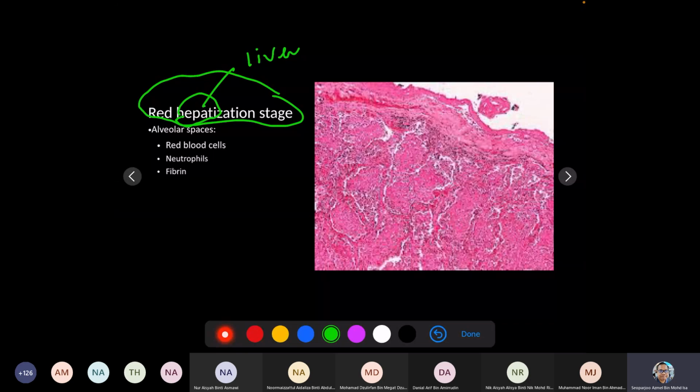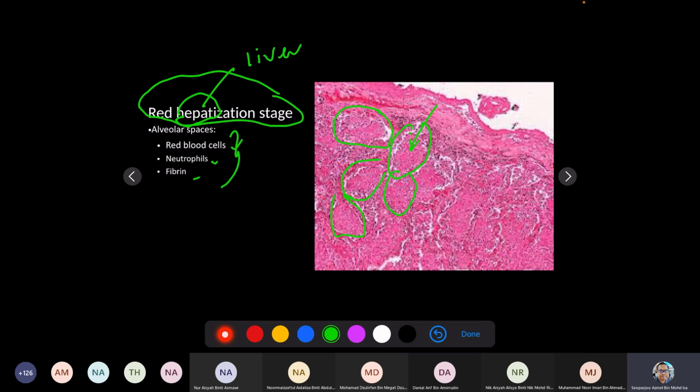This is because there are a lot of red blood cells, neutrophils, and fibrin within the alveolar spaces. So this is one alveolar space. This is another one, this is another one, and there's a lot more. Just to give you some idea, within these alveolar spaces are the red blood cells, neutrophils, and fibrin. And because of the presence of these, it binds together. The fibrin will make a net and trap the red blood cells and neutrophils,